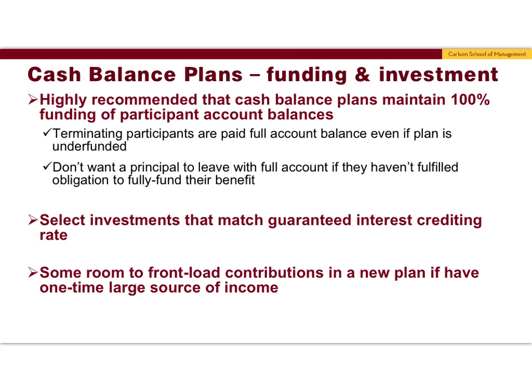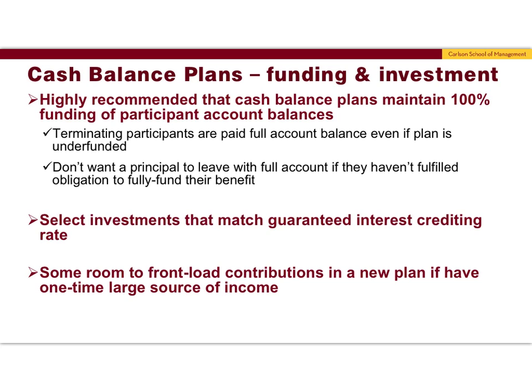Another recommended practice is that plan sponsors select investments that match the plan's guaranteed interest crediting rate. For example, if the plan has a guaranteed interest crediting rate of 4% per year, then plan assets would likely be invested in fixed income securities that are expected to also earn 4% interest each year. If the assets were instead held in cash, then it's likely the underlying plan assets would not be able to earn 4% returns each year, and additional employer contributions would be required to compensate participant accounts for the guaranteed 4% return shortfall.